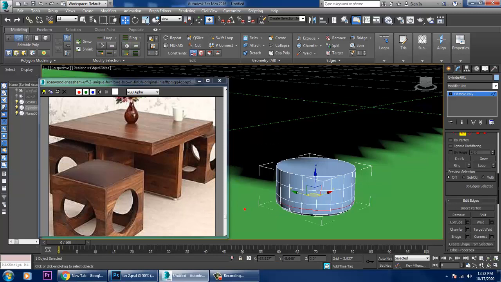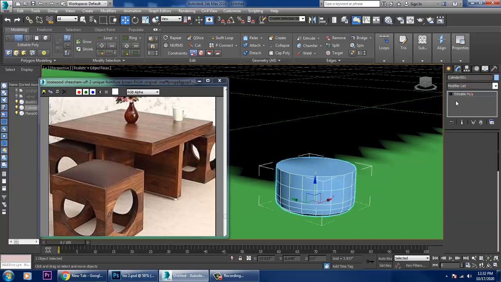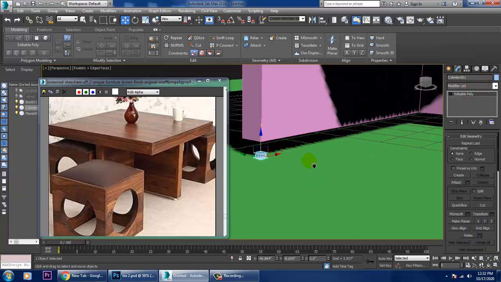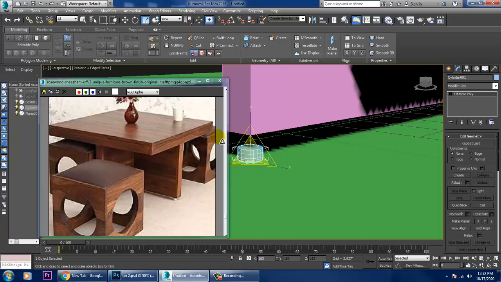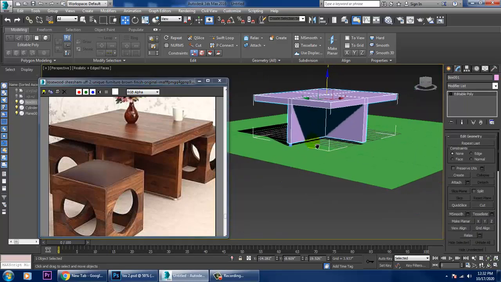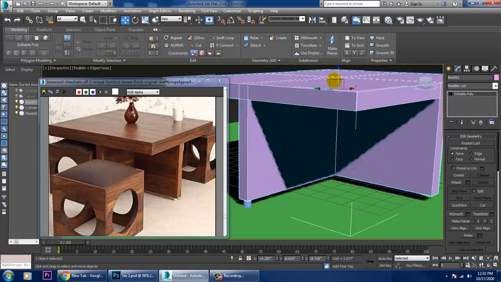Click OK. Once you're done with this, we can just scale it. You can push it up, or you can push this a bit down.